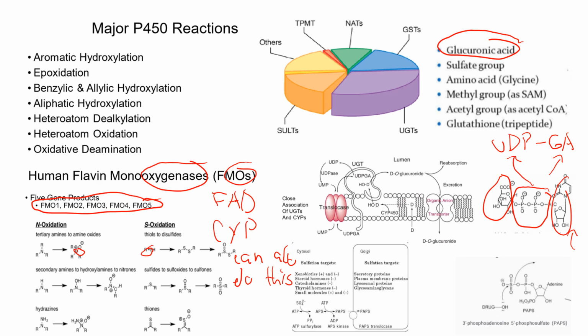The most common other carriers we'll need to touch on are the sulfate groups, glutathione, as well as acetylation. I should have led with that. These are the four we're going to be looking at out of this list, but glucuronide is the most common. So what we also have is glucuronide transferase in the lumen of